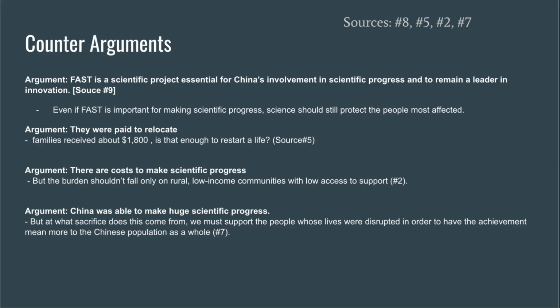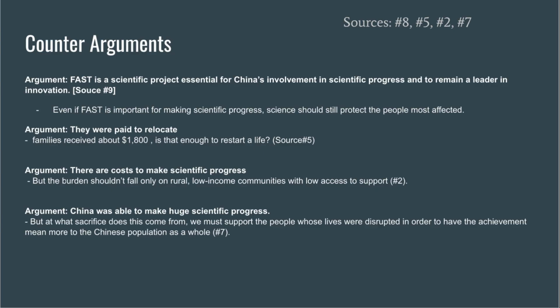Another argument is that residents were in fact compensated, but the actual payment, around $1,800, was far too low to rebuild or actually restart their lives in a completely separate area after being displaced, as said in Source 5. Our third argument is that sacrifice is necessary for progress, but the burden tends to fall on the same rural, low-income communities who have less ability to push back and be heard by their local government, as said in Source 2.